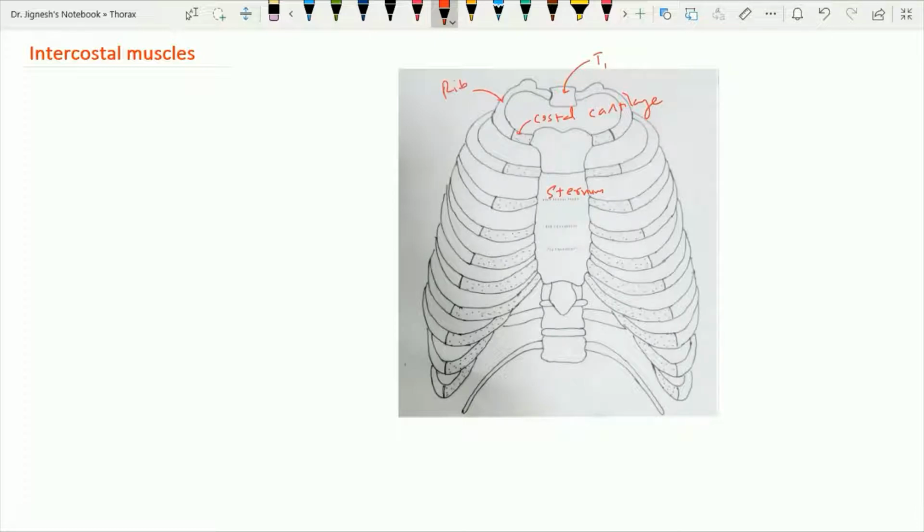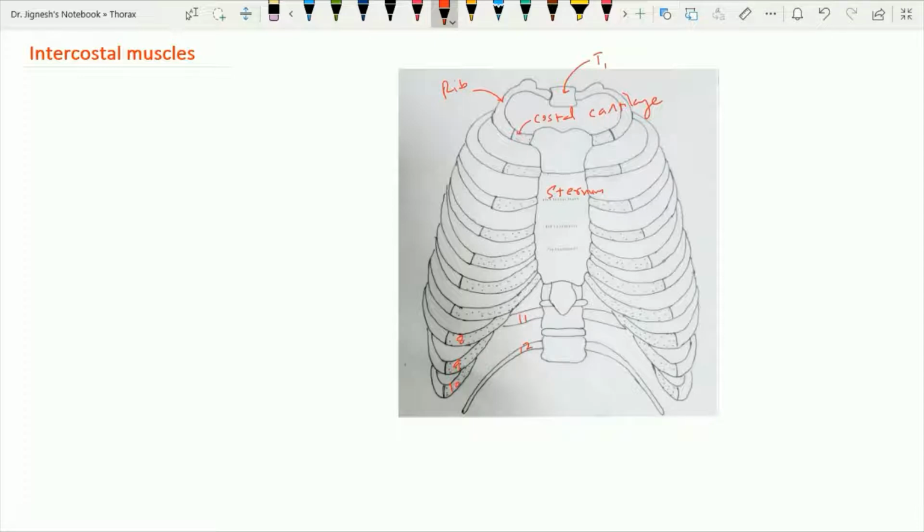There are 12 ribs within the thoracic cavity, and they are directly attached to the vertebral column posteriorly, while anteriorly the upper 7 ribs are directly attached to the sternum through their costal cartilages, while the 8th, 9th, and 10th ribs are attached by costal cartilage to the higher costal cartilage, so indirectly to the sternum. The 11th and 12th ribs do not attach to the sternum anteriorly, and that's why these two ribs are floating.